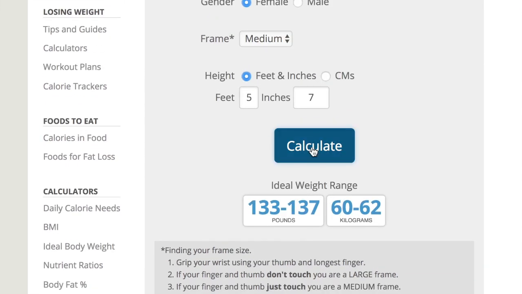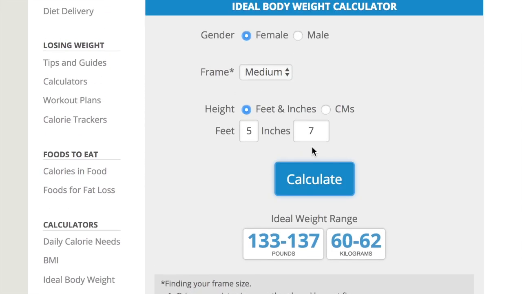So for me, I'm totally happy with where I am because I'm healthy and I've got muscle. So I'm actually above the medium frame. I'm actually coming in at about 141 pounds, and that's totally okay by me. All right, so what I'm going to do next with you guys is we're going to head over to the